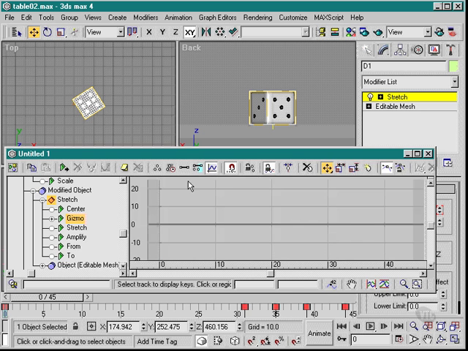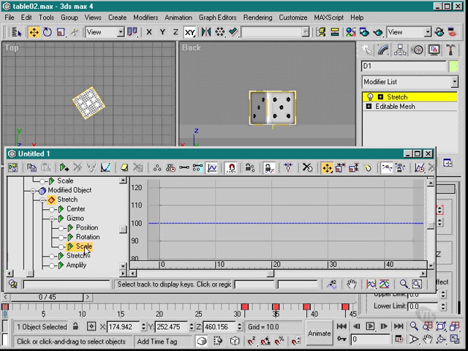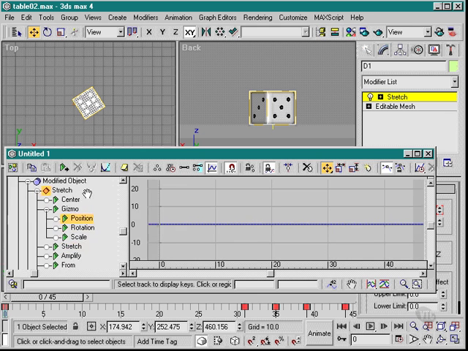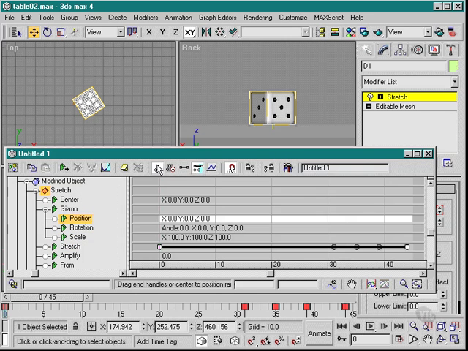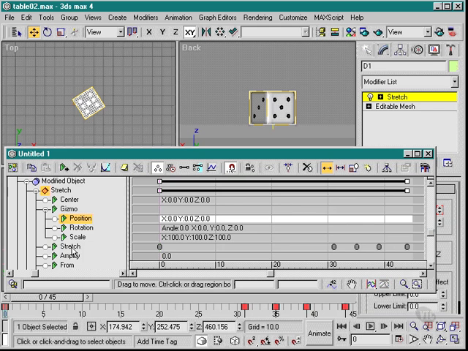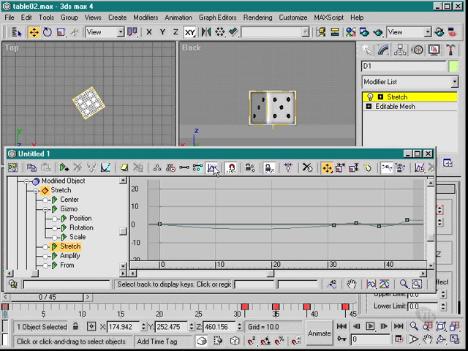So what I'm going to do is go back to the functional curve, and I'm going to pop that down. Alright, so here we can see the stretch amount, and just turn that to functional curve on stretch. Okay, here we can see the problem. This bit of the curve here is when the die flattens itself out before the beginning frames. So what we need to do is change how the in and out curves are working on the out curve